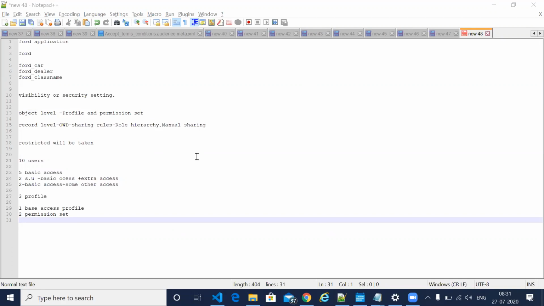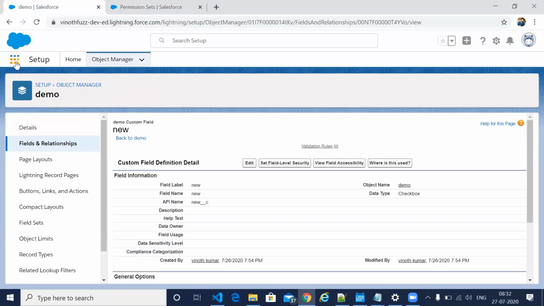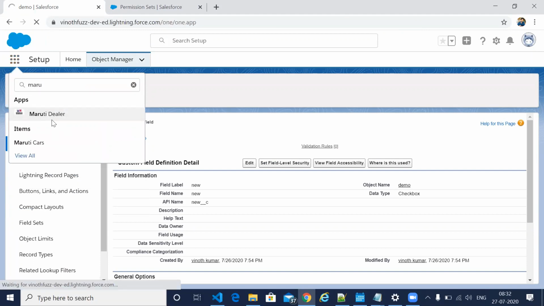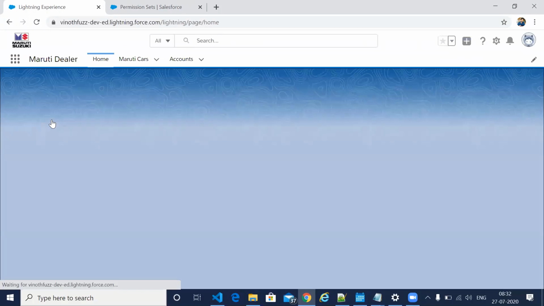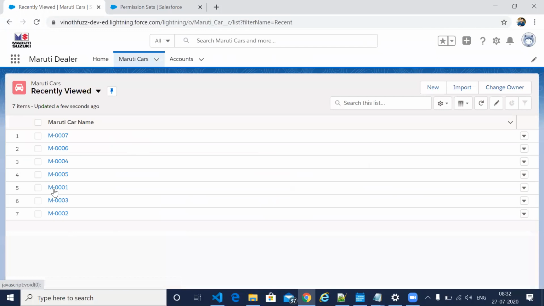So this is whenever we are creating a new object. Record level means whenever you are creating records. You have created these multiple records, so you have to decide who is supposed to see these records.